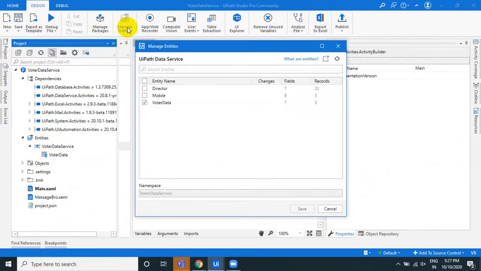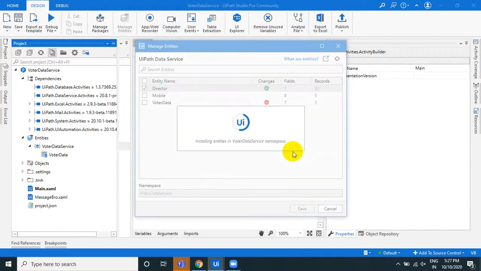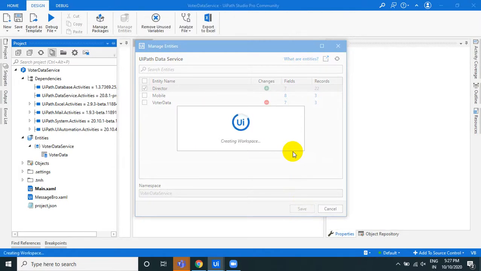Click on manage entities and select the director entity. Once you select the director entity from the manage entities wizard and save, it will add the director entity into your project panel, so that you can just drag and drop that entity into your project while you are using any activities related to the data service.